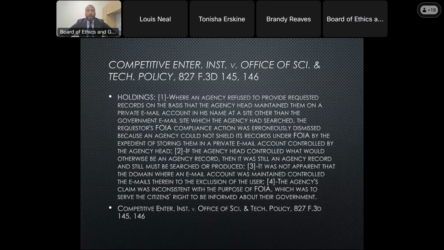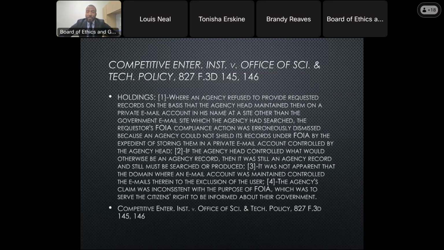Okay, and here is a little bit of case law on this subject. Competitive Enterprise Institute v. the Office of Science and Technology, and the holding of this case, where an agency refused to provide requested records on the basis that the agency had maintained them on a private email account in his name at a site other than the government email site which the agency had searched, the requester's FOIA compliance action was erroneously dismissed because an agency could not shield its records under FOIA by the expedient of storing them in a private email account controlled by the agency head.